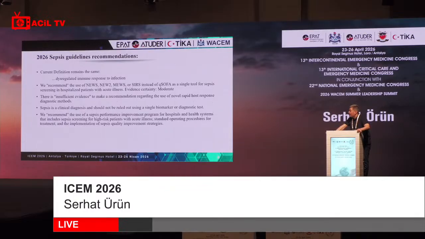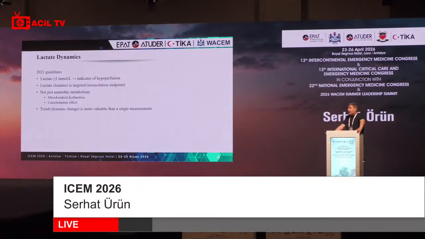This part was very surprising for me. The guidelines recommended the use of a sepsis code. In our country, we use blue code or stroke code, but this isn't new for me. They recommended use of a sepsis code, and lactate dynamics. In previous guidelines, we know that lactate greater than 2 millimole per liter was considered an indicator